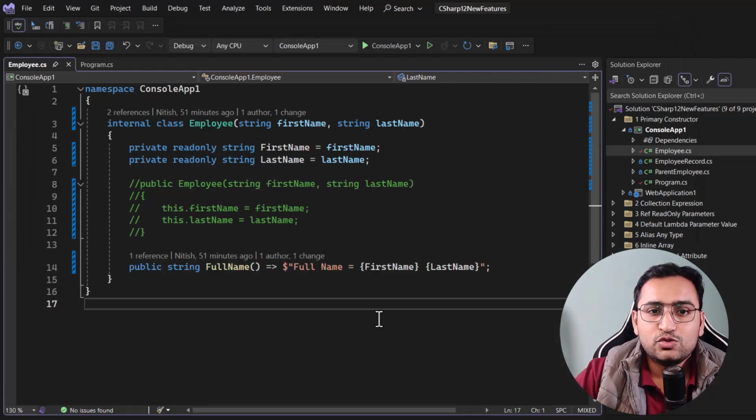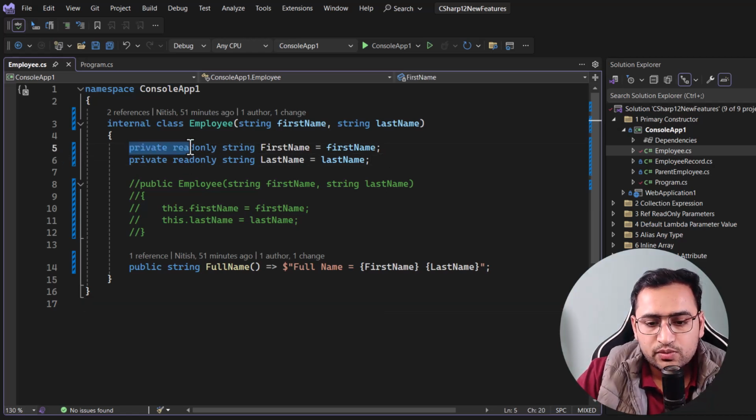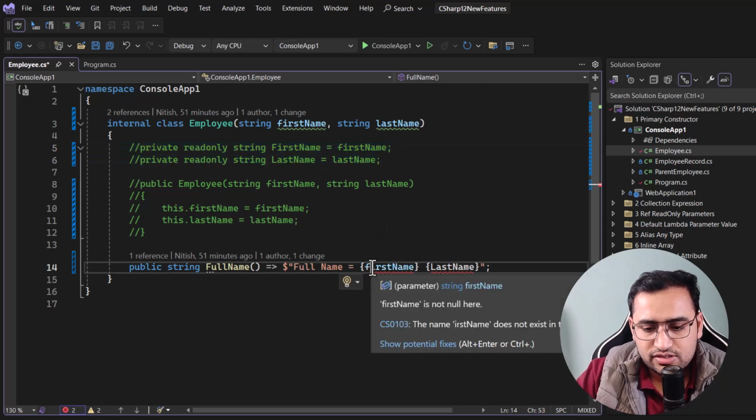There could be a question in your mind that a class in C# can have multiple constructors. What will happen if I want to create multiple constructors in my class? Is that still possible or not with this primary constructor concept? Yes, that is totally possible, and let's see how to deal with that scenario. Now this is not required. Let's just comment both of them, and here let's use the first name and the last name,